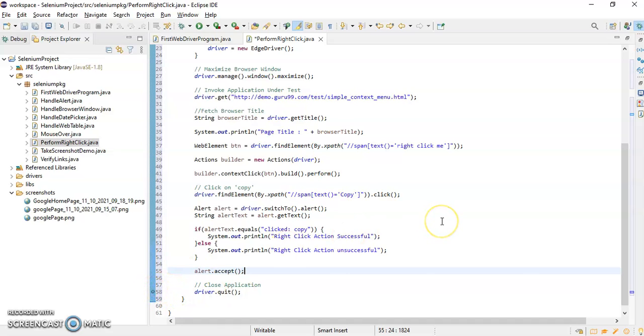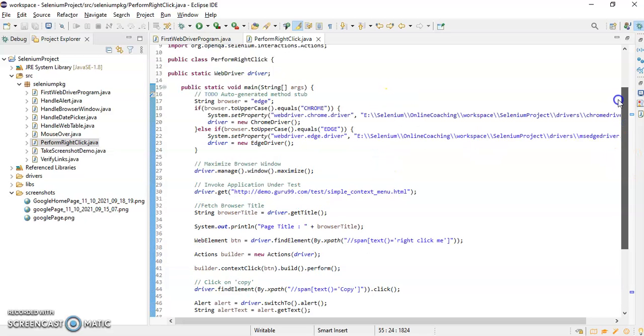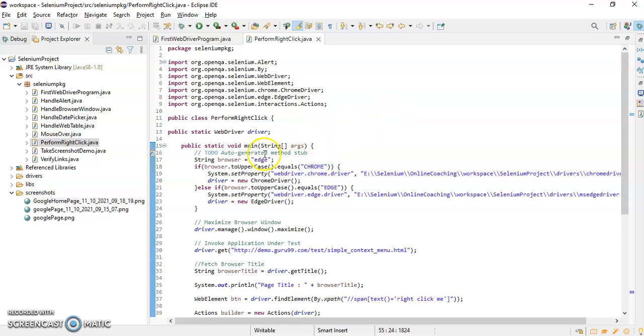So let's run the script to check whether it is working as expected or not. I will save this script and I'll go for debugging because I have already applied one breakpoint over here. Before that, let me change it to Chrome. We will run this script against Chrome browser.